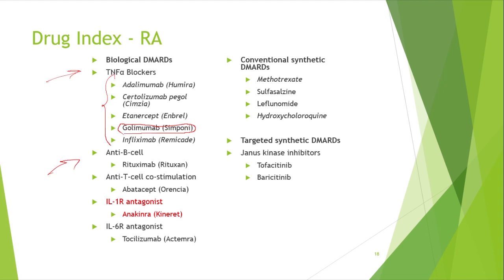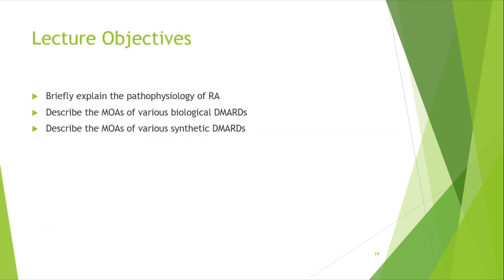And then we have something that is specific for anti-B cells, anti-T cells, and then also binds to the IL-1 receptor as an antagonist, and also the IL-6 receptor as an antagonist. We have more conventional synthetic, i.e. small molecule drugs that are listed here. All right, and we talked about most of those already. And targeted synthetic DMARDs, okay, these are the NIBs, which I mentioned earlier on in the biologics. These NIBs are some of those fancy small molecules. Learning objectives: briefly explain the pathophysiology of RA, very brief, okay, and